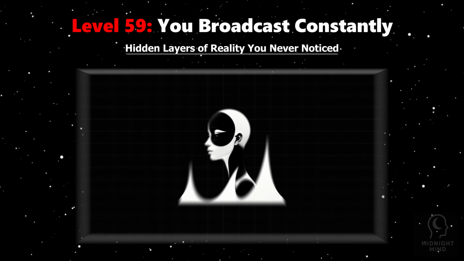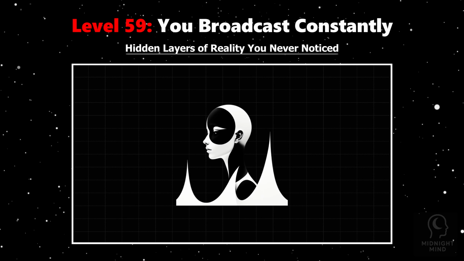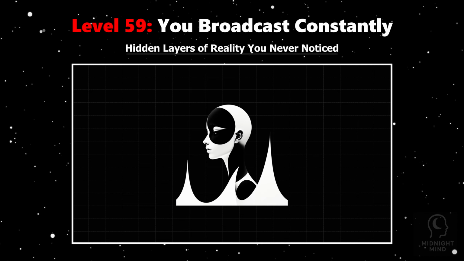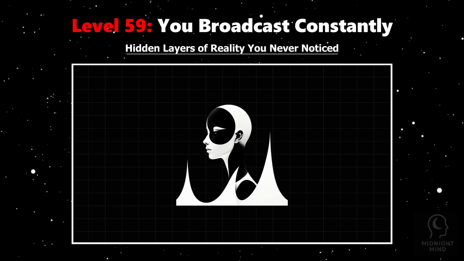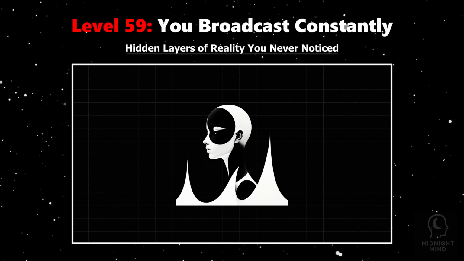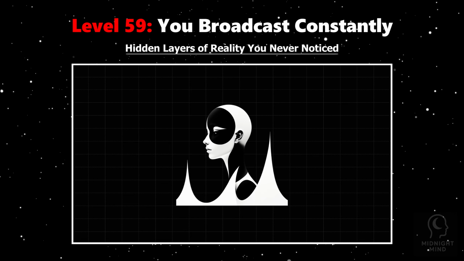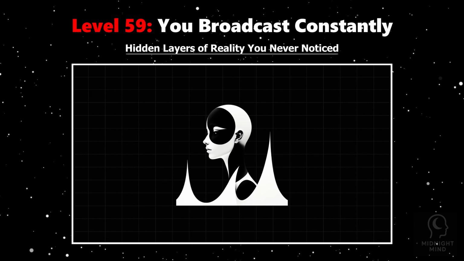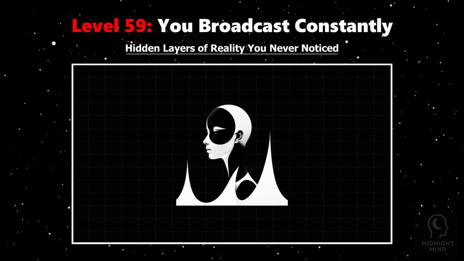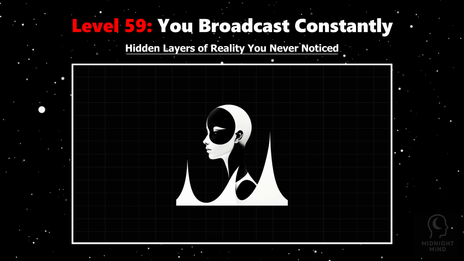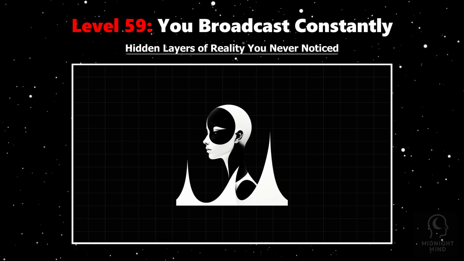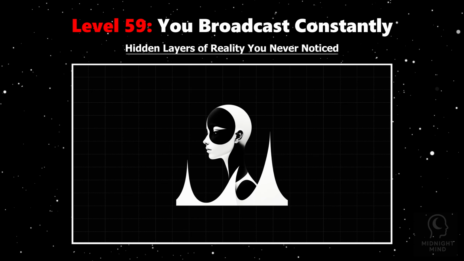Imagine sitting silently, saying nothing, but still sending out messages. Even in silence, you constantly broadcast your emotions. Your posture, the dilation of your pupils, the rhythm of your breathing, all become signals that reveal what you don't say aloud. Science shows that humans are wired to communicate beyond words, using subtle, unconscious cues picked up by others. Psychologists call this nonverbal communication, and it can convey feelings like fear, confidence, or sadness more powerfully than speech. For example, when stressed, your pupils dilate, your breathing quickens, and your body tenses.